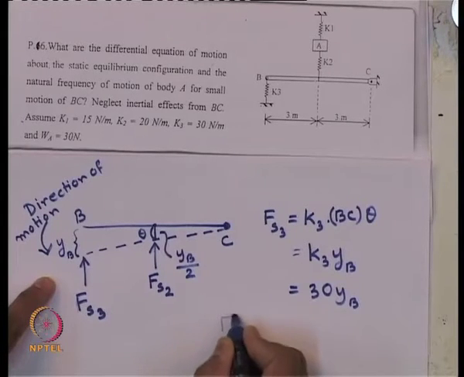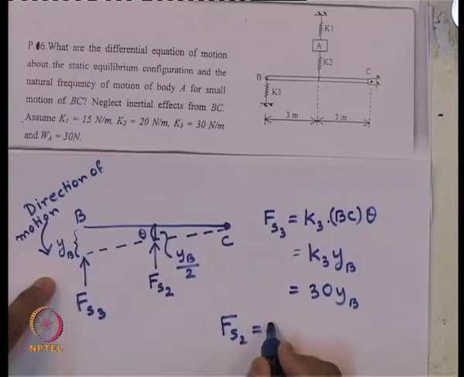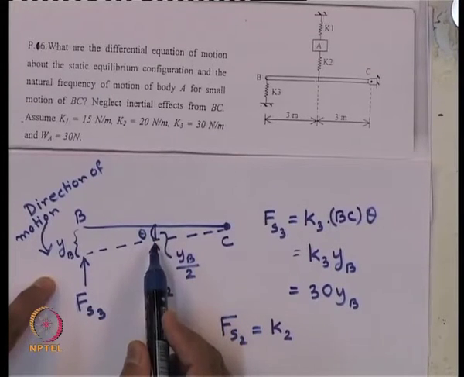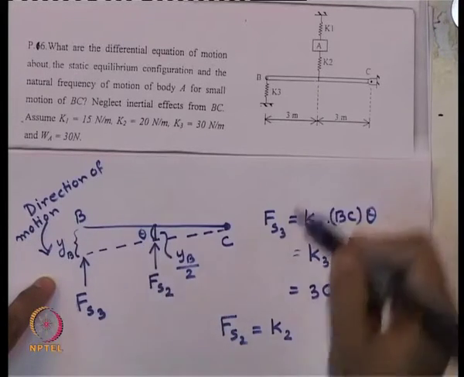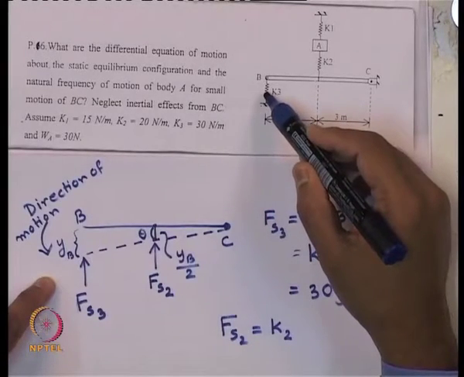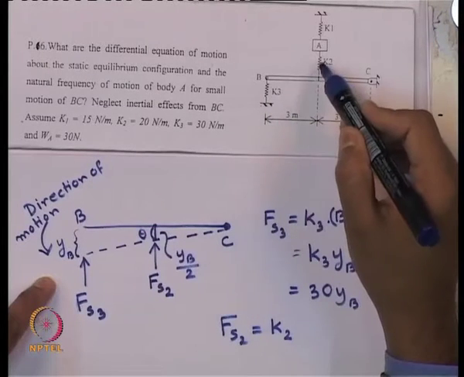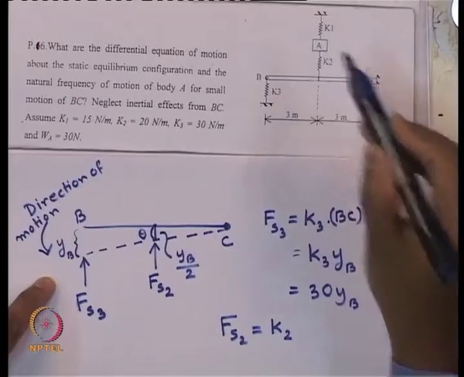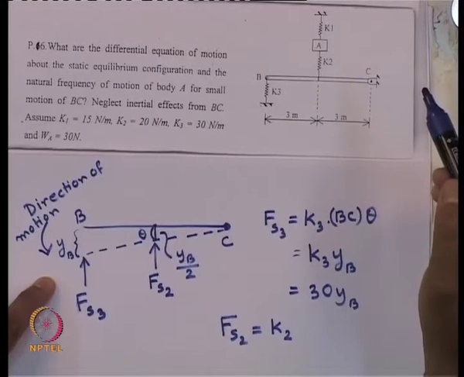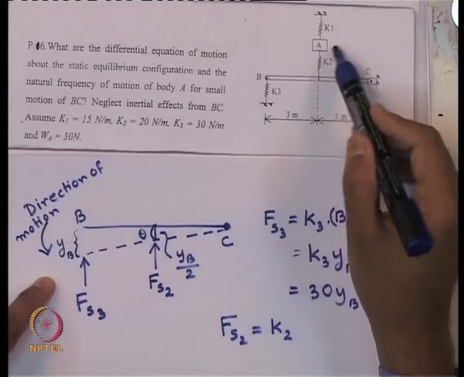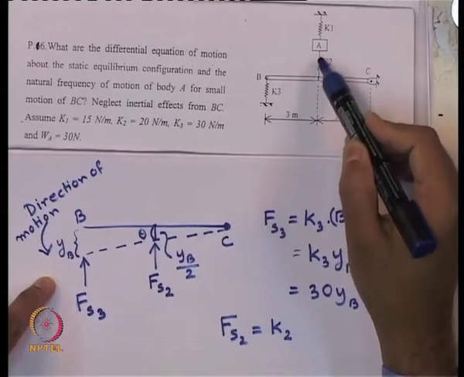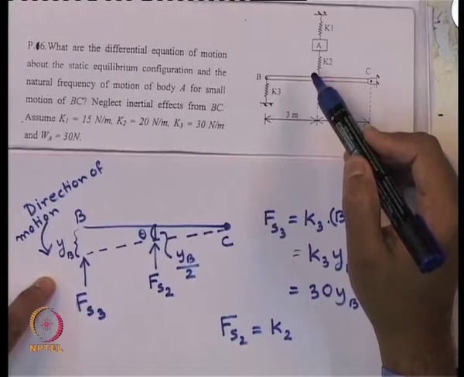So, F s 2, how can we compute it? F s 2 will be the spring constant k 2 times this displacement? No, not this displacement, because look at the other end of the spring. For this spring the force is k 3 times y b, because the other end was a fixed end. In this case, the other end of the spring k 2 is not a fixed end. So, there also can be some movement, and the spring force in k 2 should be the relative displacement between